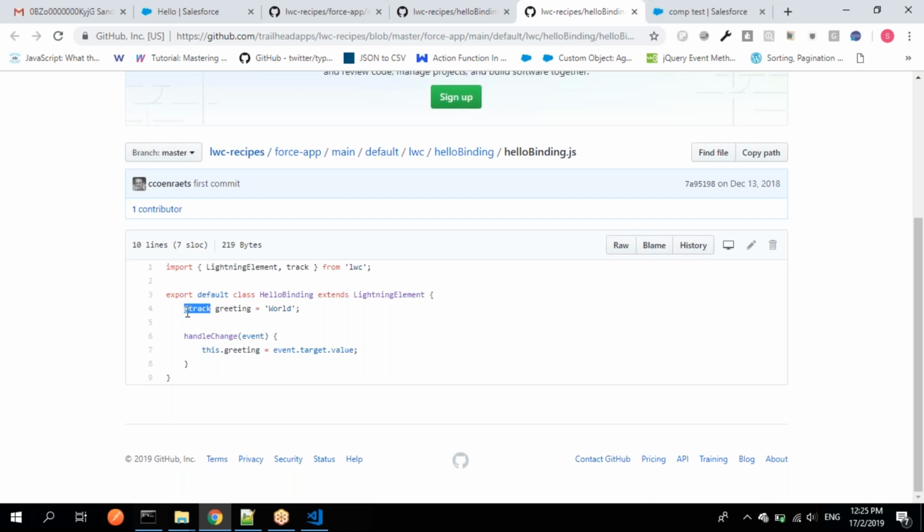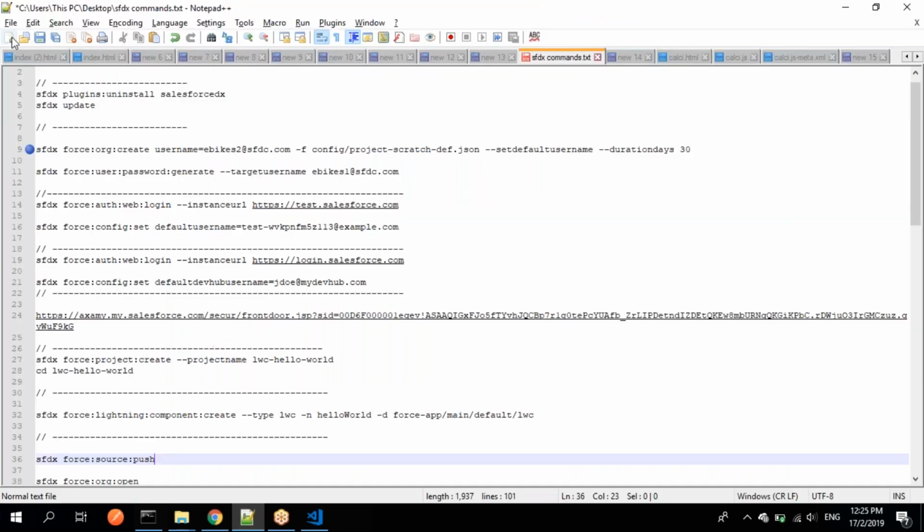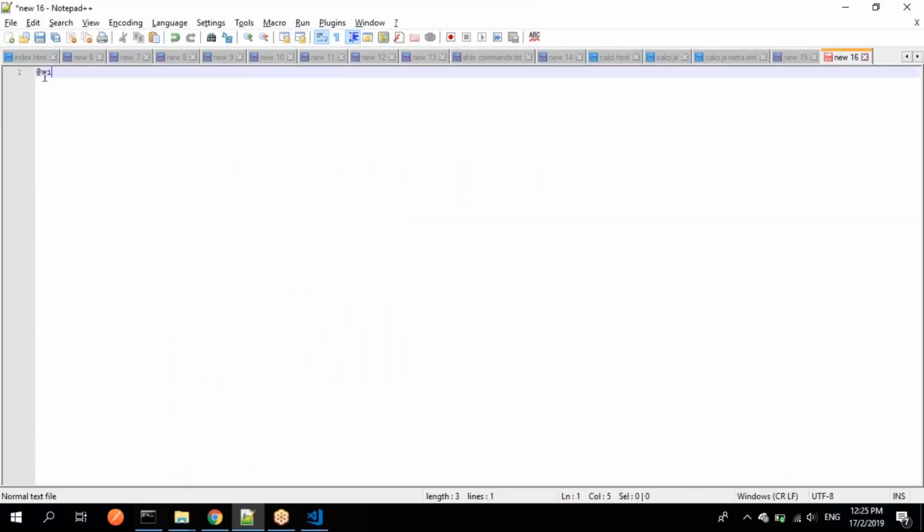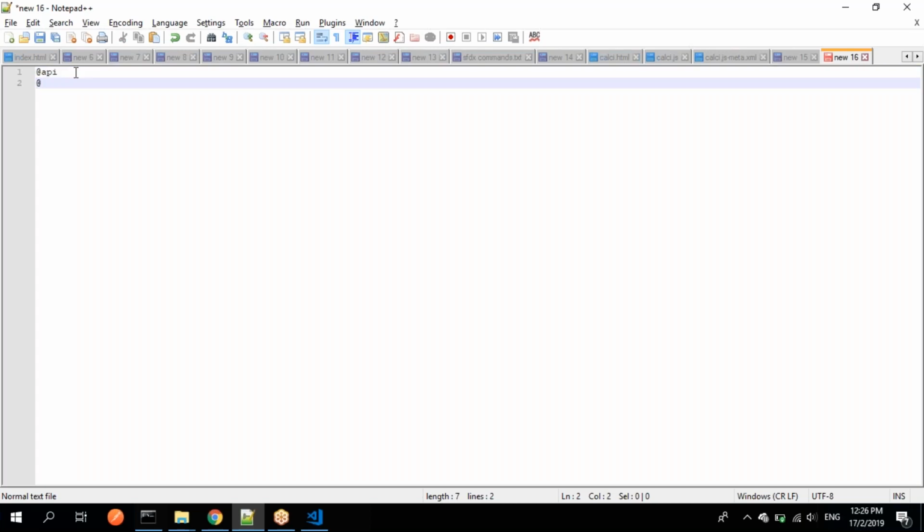The third decorator is for pulling the wire, sorry, the wire decorator, for linking a lightning component to an Apex class. We have to use wire. Okay, so there are three decorators: @api, @track,